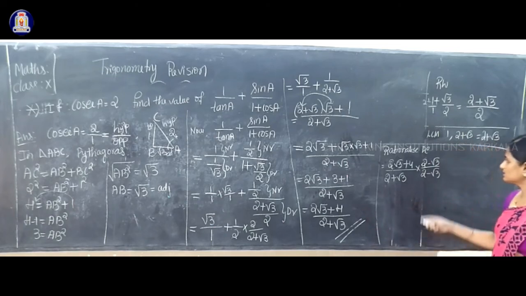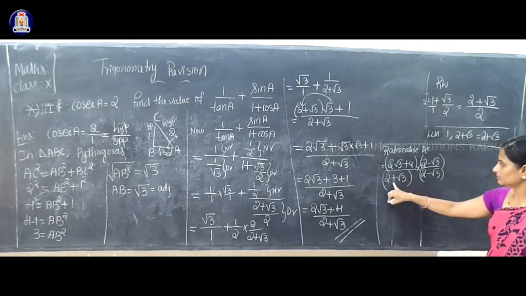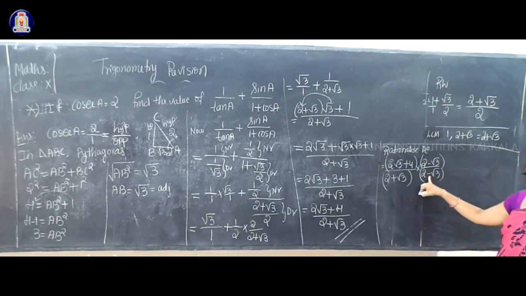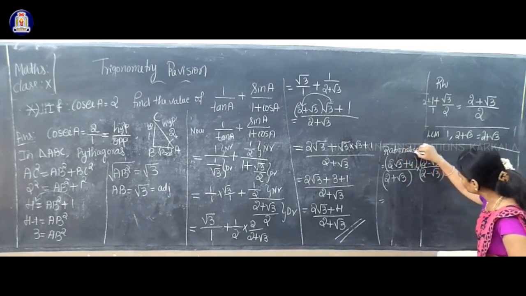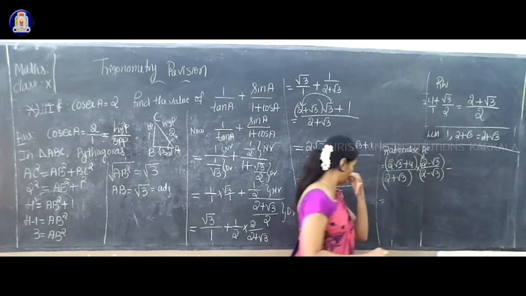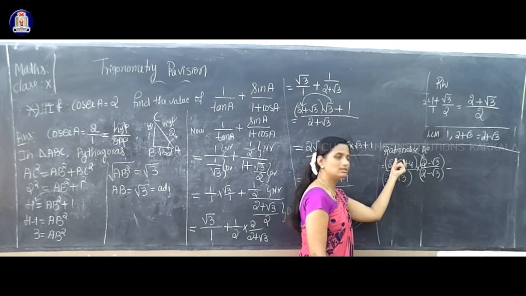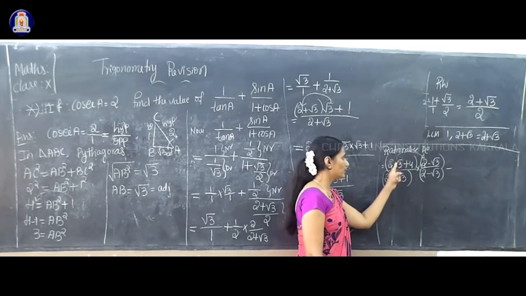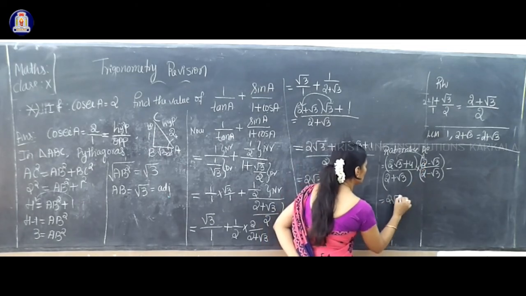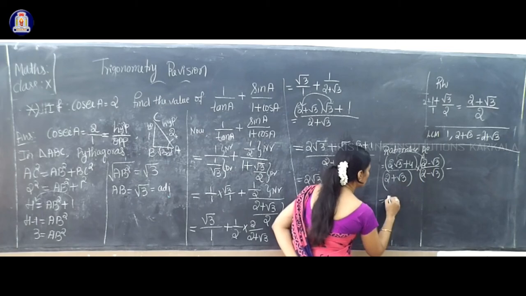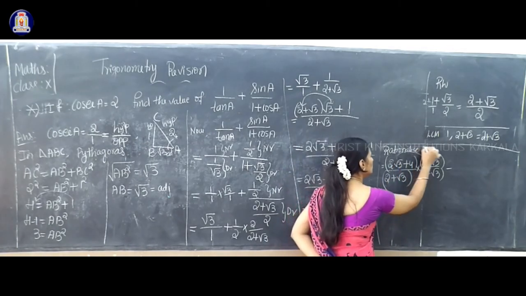Okay, so now the next simplification, rationalization. You know this. How to rationalize? Here 2 plus root 3 is there, so multiply and divide by 2 minus root 3. Now the multiplication: 2 root 3 into 2. We can't multiply the 3 into 2, as you already know. So 2 root 3 into 2 means 2 into 2 is 4 root 3. Next, 2 root 3 into minus root 3.